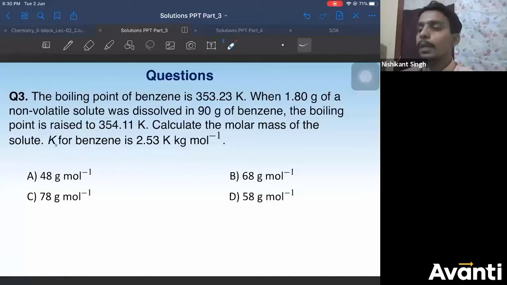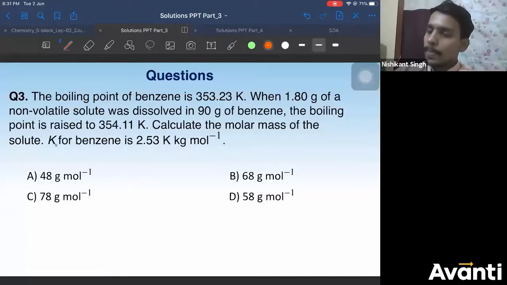I'm going to end this in the coming 30 seconds because it's a direct formula substitution, so it does not take much time. It does not matter whether you take 18 gram. It is 1.8 gram, not 18 gram. It does not matter, Vijay, you can take it in gram. All right, so we are going to end this question on a count of 3. If you have not voted so far, please vote fast. 3, 2, 1, now.